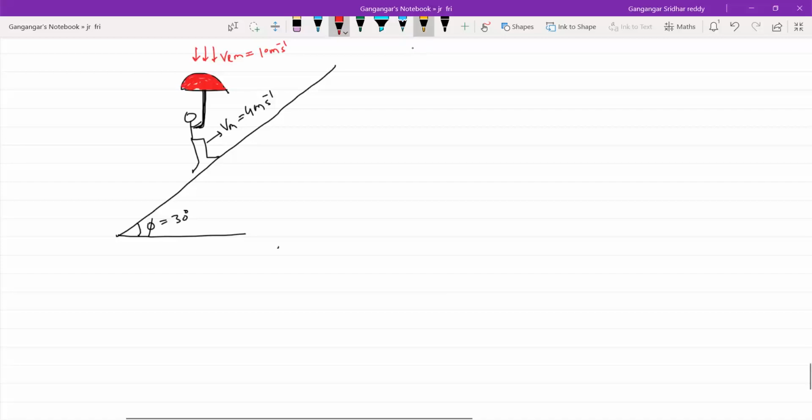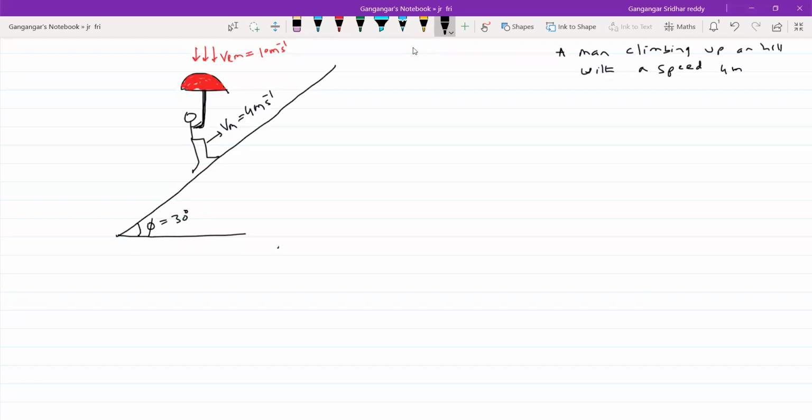Okay, now I'll put the question. Just read the question. It's a very simple condition here. A man climbing up a hill with a speed of 4 meters per second has to hold an umbrella